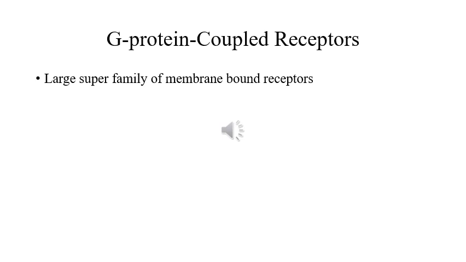So next is the G protein coupled receptor family. G protein coupled receptors are the largest superfamily of membrane bound receptors, and they regulate different types of effector proteins. The effector proteins may be enzymes, channels, or carriers, and this